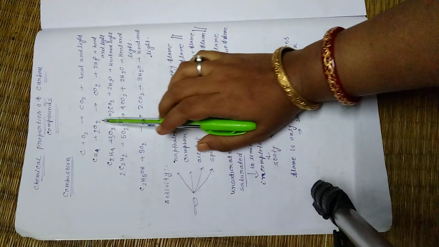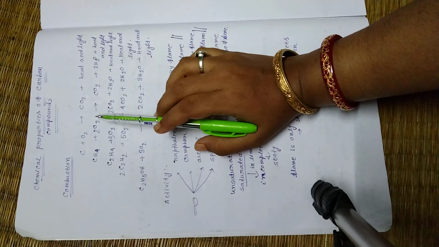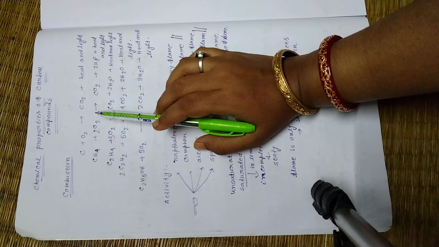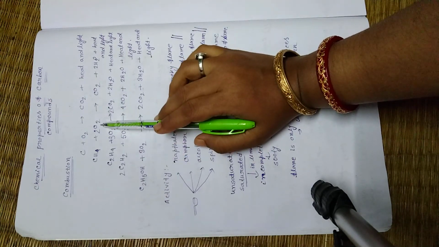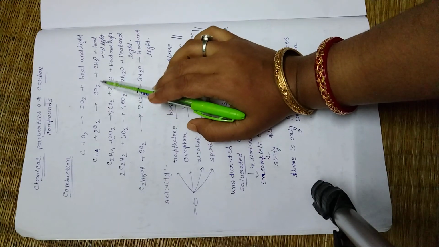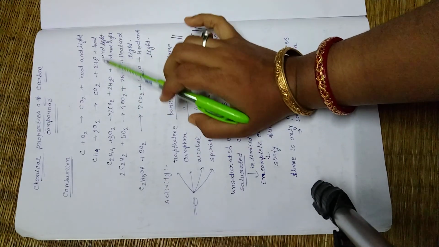I am giving you some examples with balanced equations. Okay, you must practice these equations by balancing. CH4 plus 2O2 forms CO2 plus 2 water molecules and heat and light. Similarly,